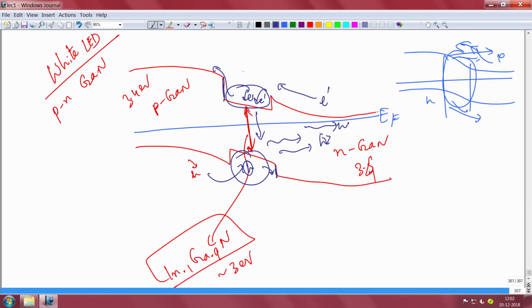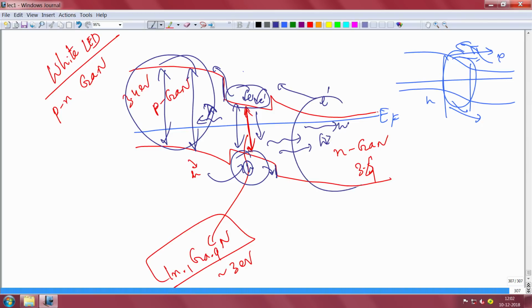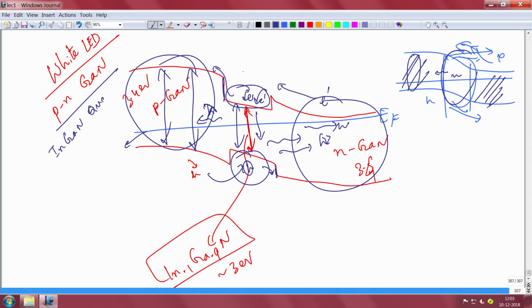Radiatively they have to recombine, of course, and because these layers are a wider band gap material than this, the wavelength of light emitted will be such that the energy of the photon will be less than the energy here. So the photons will not be absorbed here or here. If you have the same band gap material, then the photon that comes out has the same energy as this. So this part will absorb and kill the photon, and that part will absorb and kill the photon, so that reduces efficiency. So you have to get something like that. So essentially a white LED is made of a PN junction of GaN with an indium gallium nitride quantum well. Okay, that is your